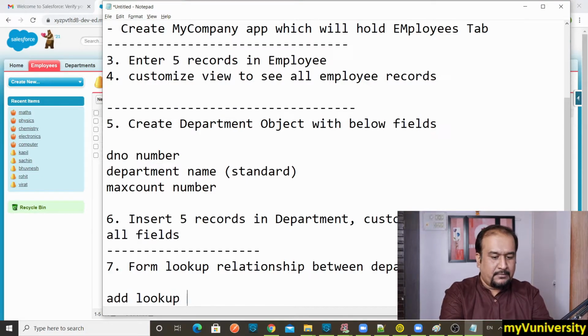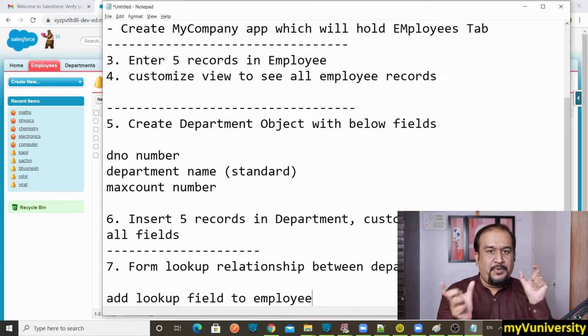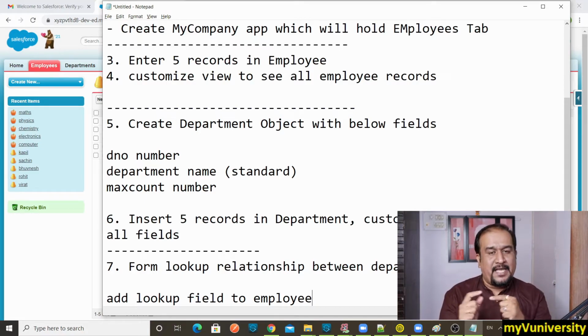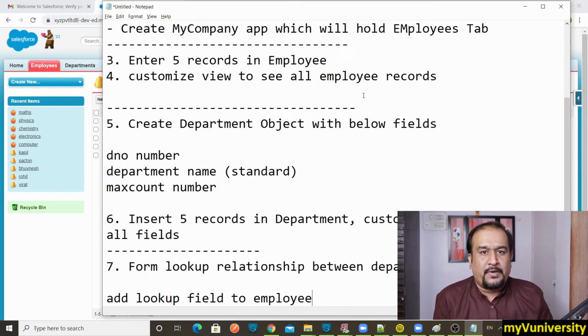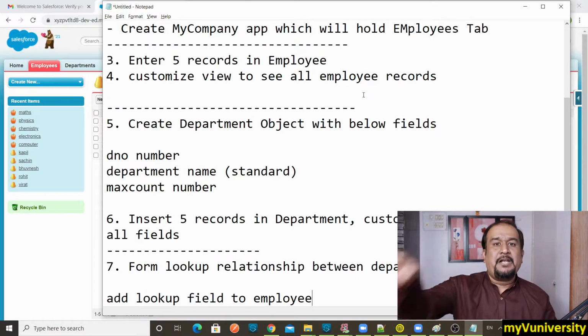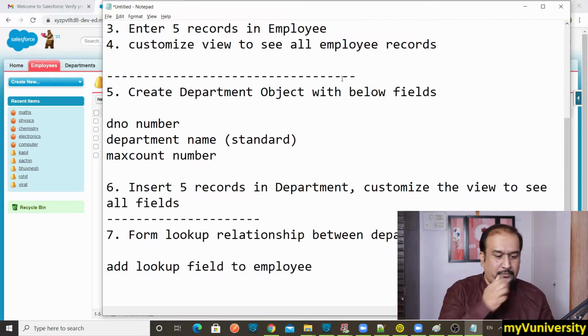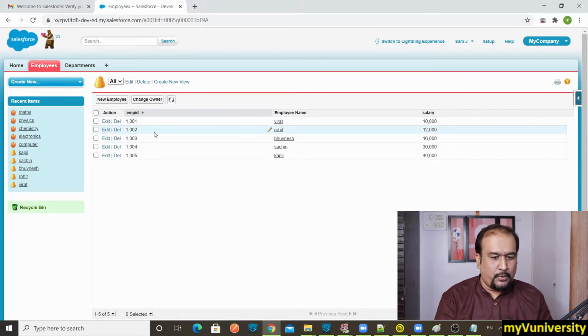Add a lookup field to employee. Remember, a one-to-many relationship is there: one department, many employees. Wherever the many side is, we need to add the field over there. So add a department field inside your employee object. That's what we have to do. Let us add the lookup field to employee. Let us go, I'll show you how to do it.